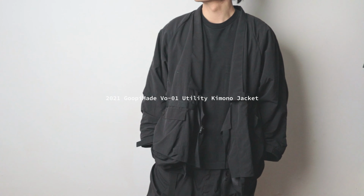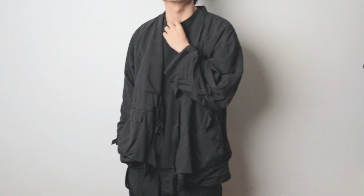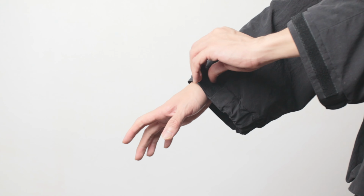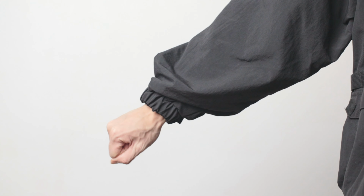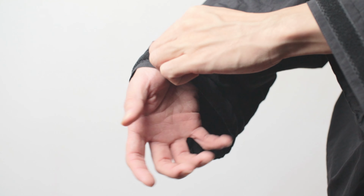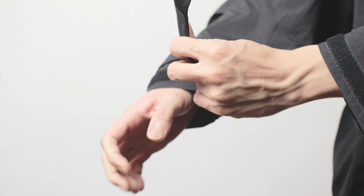Up next, we have the 2021 VO01 Kimono jacket. This is supposed to be the updated version of the VT04, and the cuff here now utilizes a Velcro fastening system, and in terms of everyday usability, it is much more fluid. The Velcro strap is so much easier and quicker to fasten, but the only downside is that if it's not in use, the strap does retract all the way inside, making it difficult to find,